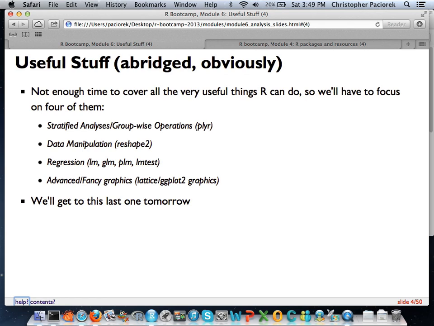I'm going to show you a little bit about GLM, which is the Generalized Linear Model package. And I'm also going to go into a little bit about how you would do the sorts of things in Stata that would require, for instance, just ticking a box like, please cluster my standard errors. It's a little bit more difficult in R, but I want to be able to give you guys the tools to do those sorts of things should you want to actually do them in R. And again, the graphics we'll get tomorrow, so I'll tell you more about that tomorrow.